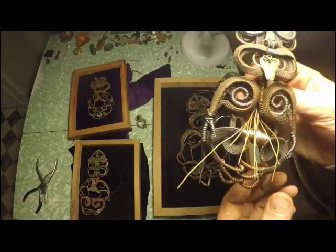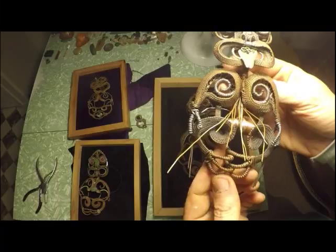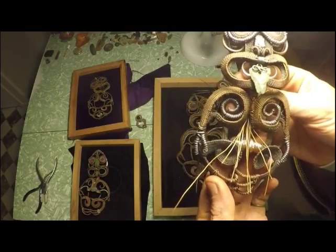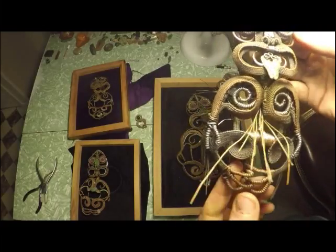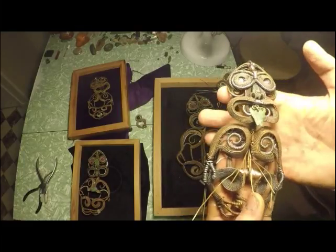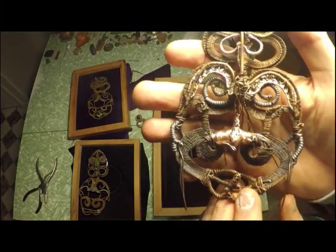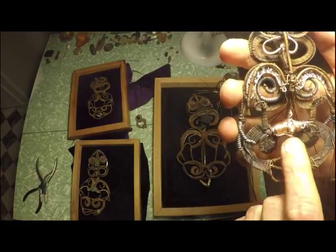What I use is a product called liver of sulphur, and it is a sulphur extract, and you buy it in jewellery stores. It blackens metal, so you boil up some water and add this gel to it, and it makes the water all yellow, and then you drop this in and it'll blacken copper and silver, and then you can polish it back off again. And this here is treated copper. You can see how it's shiny, and it hasn't been affected by it because it's sealed off,